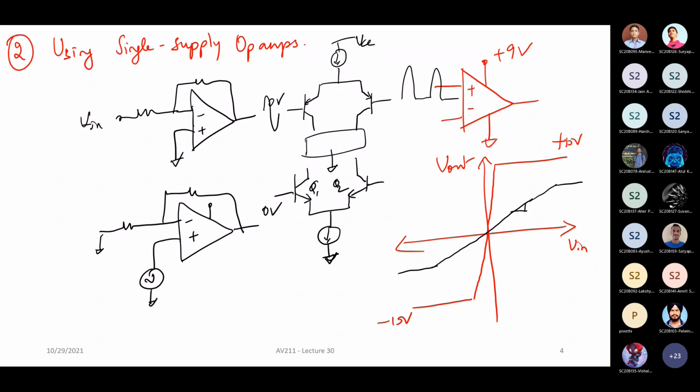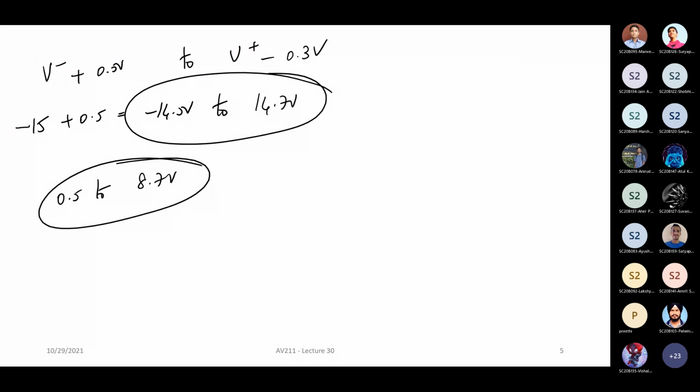It is the midpoint between plus or minus 15 volt, right? But when you have a single supply, you need to put it at a reasonable bias point, which basically means that, let us say, if you take a non-inverting amplifier, for example, you need to now put bias circuits here. So let's say this is your plus terminal. You put a DC blocking capacitor, and then like how we did for our BJT circuit, you have a resistor bias network, and you connect it like this.